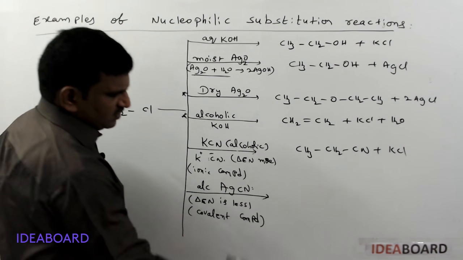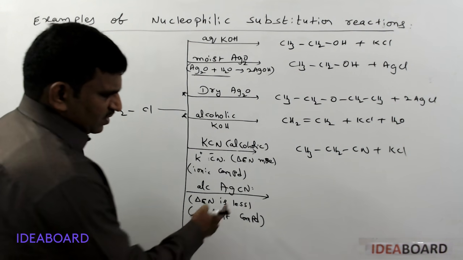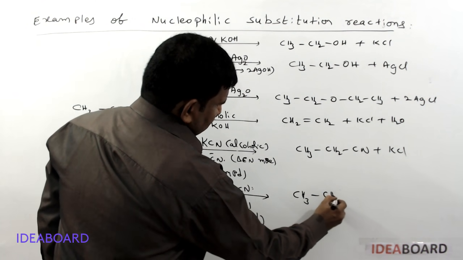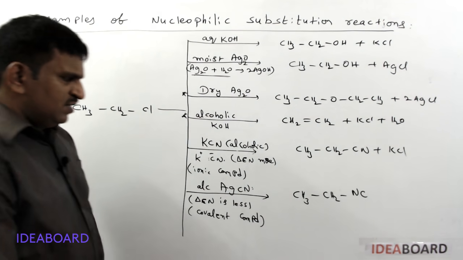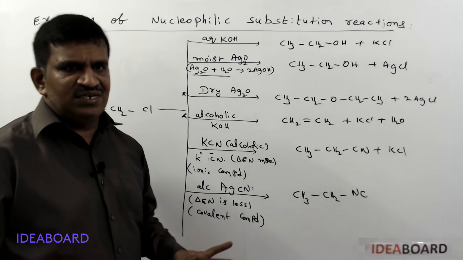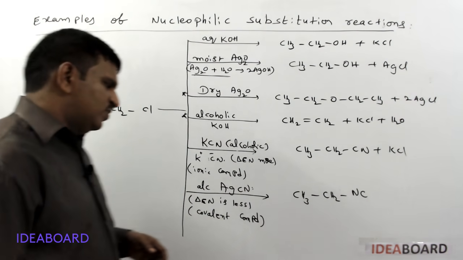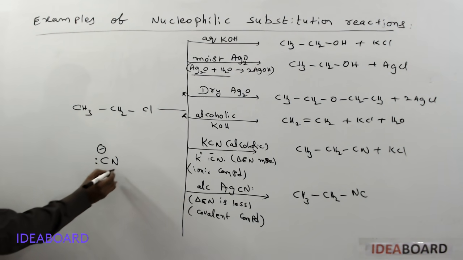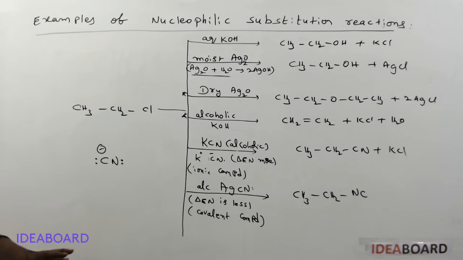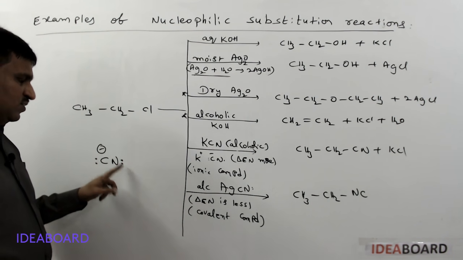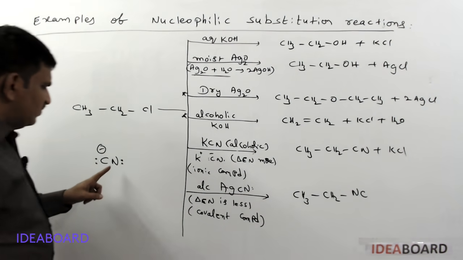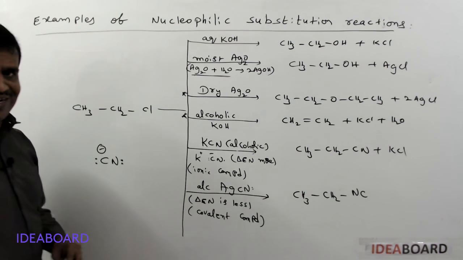So what is the nucleophilic center here? Nitrogen. Whenever nitrogen is the nucleophilic center, the product formed is CH3CH2NC. In first year, nucleophile types were also covered, where they mentioned the ambident nucleophile. CN− acts as an ambident nucleophile. An ambident nucleophile is a nucleophile which has two different donor centers. Here carbon can donate and nitrogen can also donate. If carbon is donating, it forms cyanides. If nitrogen is the donor atom, it forms isocyanides.